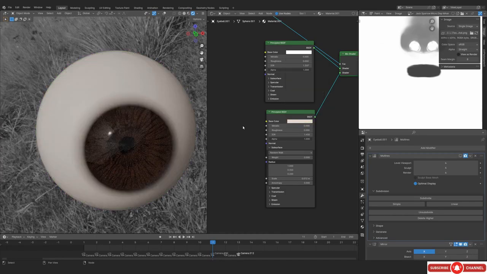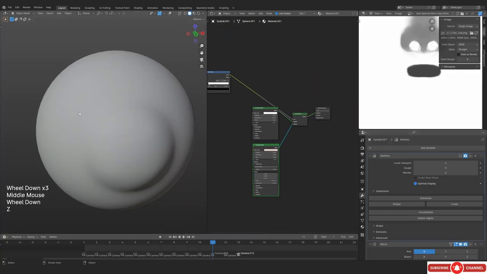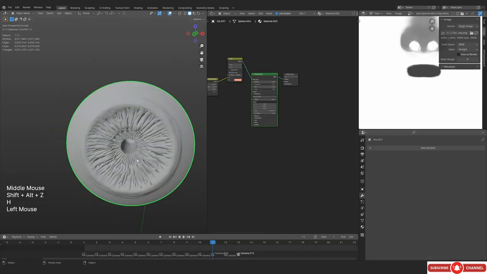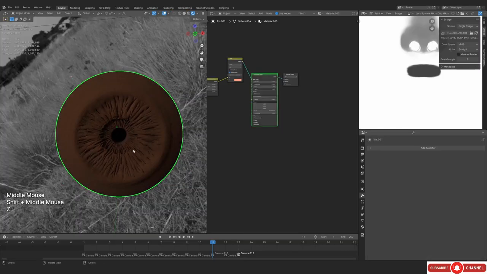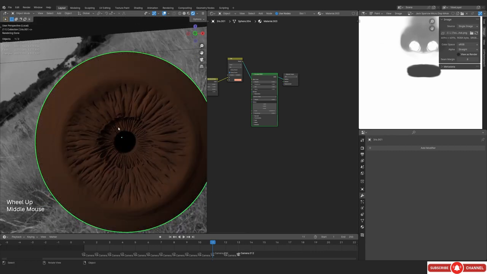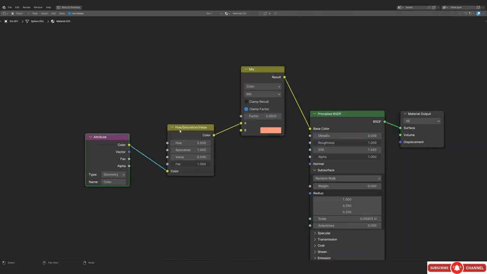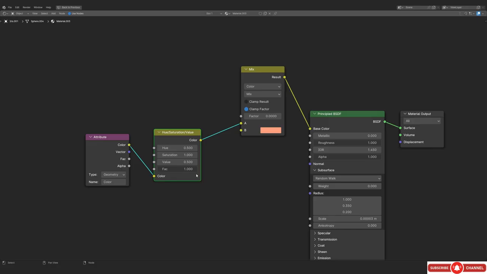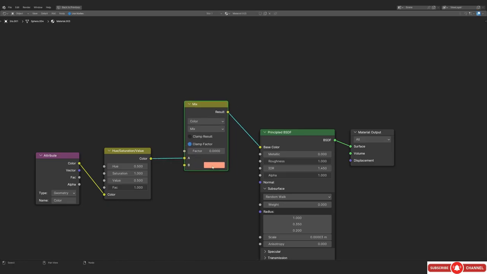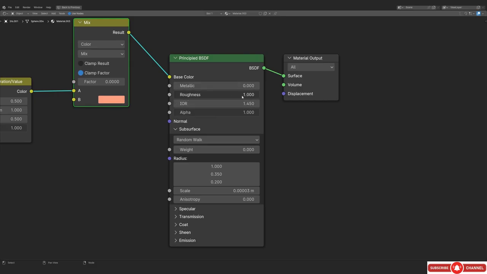And now we have two shaders, one for the pupil and one for the eyeball, which means whatever we put in the base color of the principled BSDF that is below is going to be the color of our eyeball. And now we have this shader. You can see this is what we have. Well, you don't really need super complicated painting on this. As you can see, I have already painted it, and I'm not really going to be showing you the process actually. So what I did, I brightened it up. Now that I remember it, I think I brightened it up, or maybe not. I don't really remember what I did. It's a long time since I recorded it.